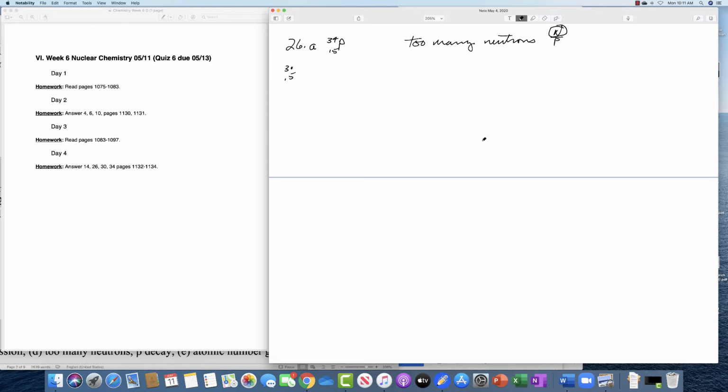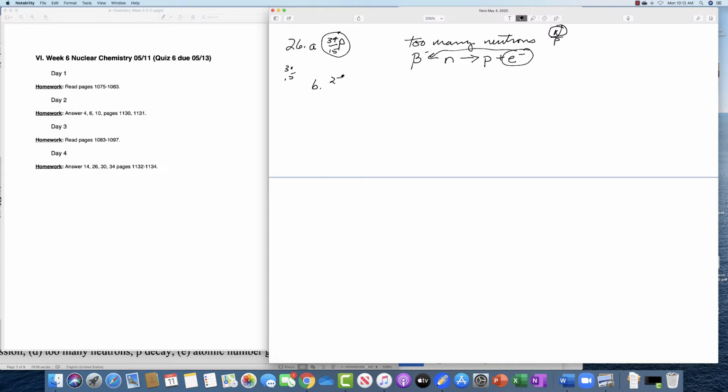The way neutrons are most commonly gotten rid of is the production of a beta particle. A neutron is changed into a proton plus an electron, and this electron represents the beta particle. So with this one, the most likely decay is beta emission in order to get rid of some of those neutrons. The second one,